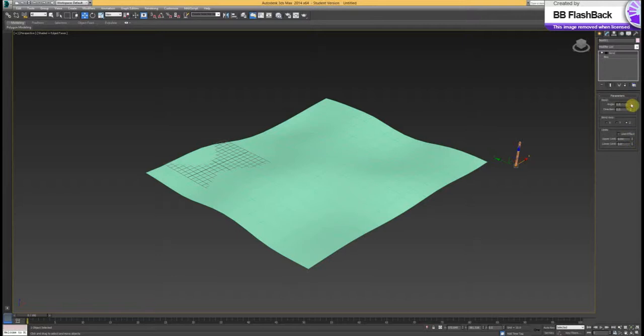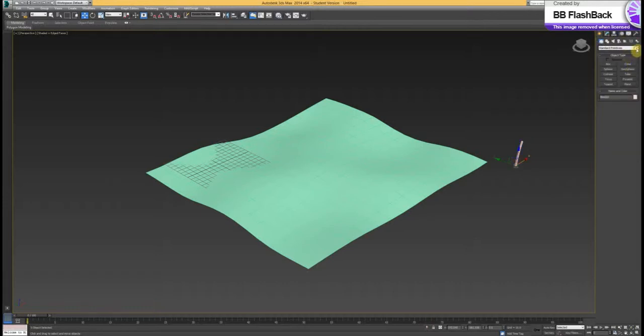So give it an angle, direction. Alright, so